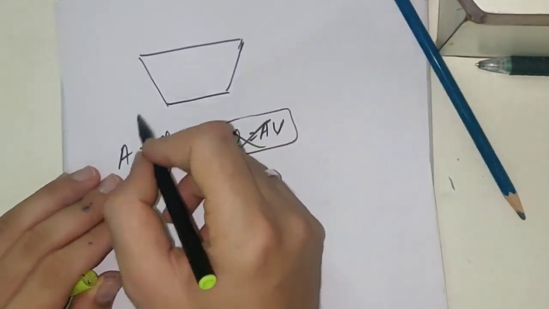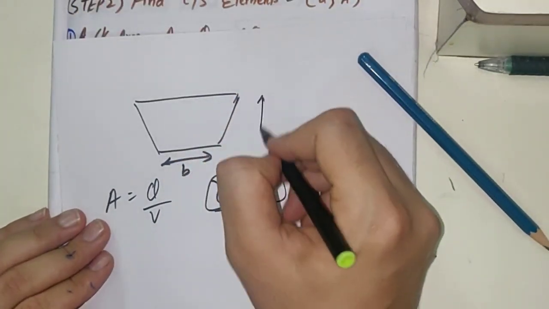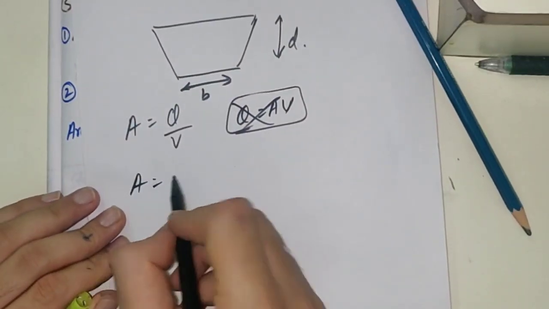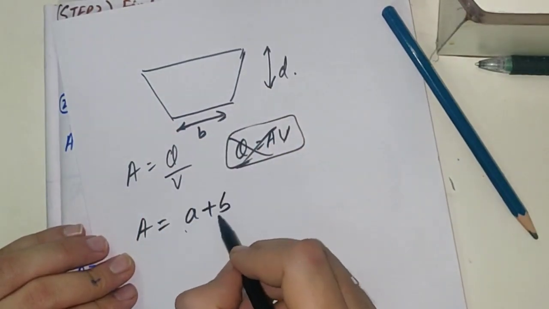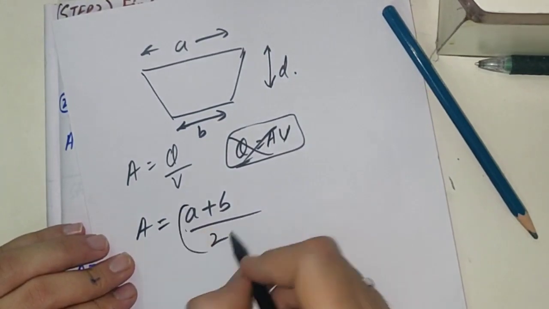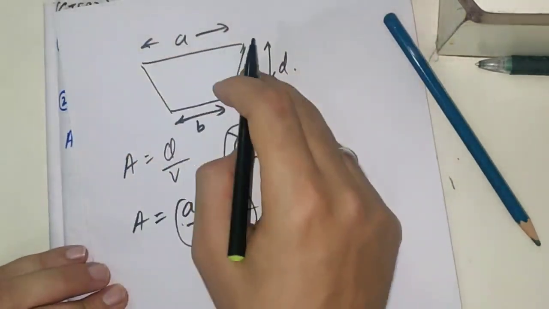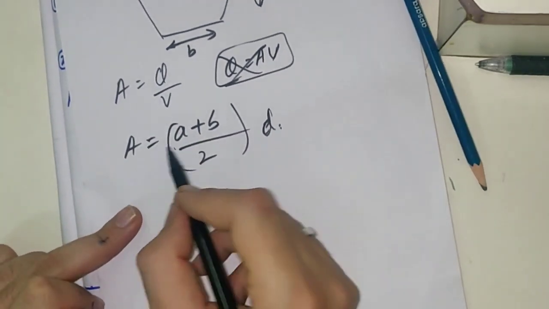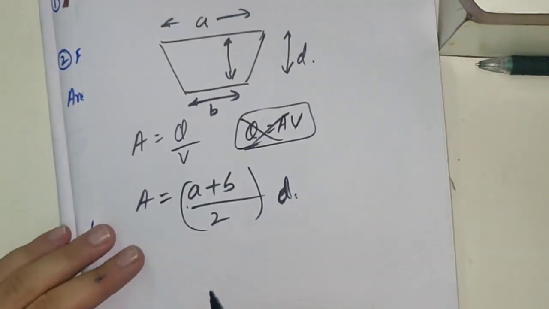Then after that you know the area now, the total area. Now you know the breadth. Next you have to find out the depth. How do you find out this depth? First, what is the formula for area of a trapezoid? You have to find it like this: top width plus bottom width, A plus B, divided by 2, into the height. How much is the height? D. So using this formula you will get D, because A will be known already here. Next you will find your value of D, that is the height. So you will get this height.